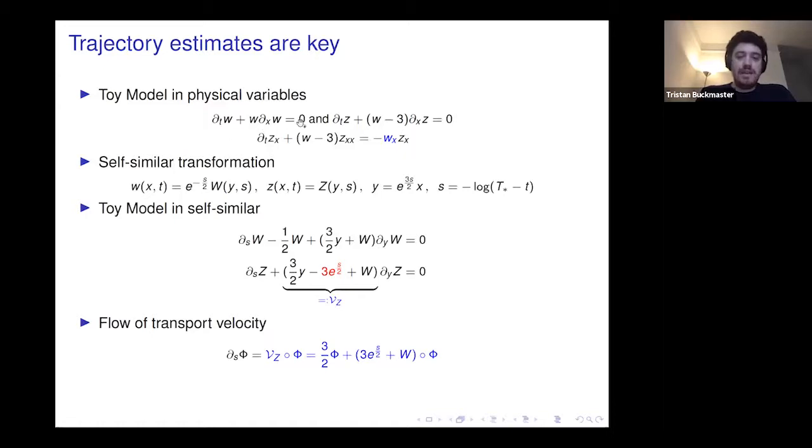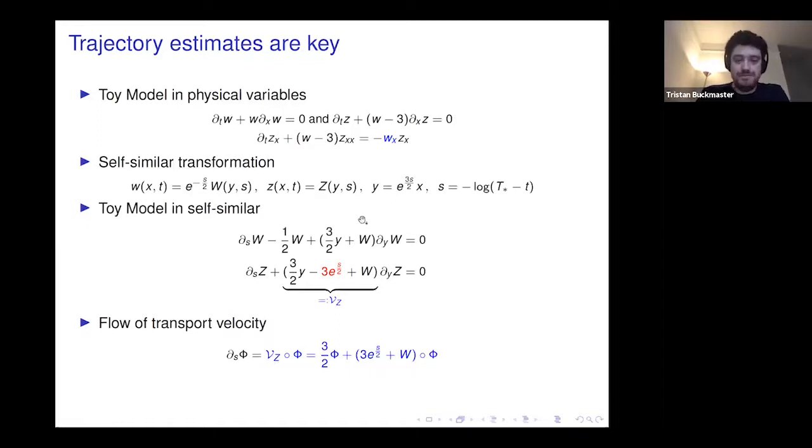Now, what you might think is, okay, does the C1 norm of Z blow up? You might think it does because the C1 norm of the velocity vector does blow up, but it turns out that the derivative of Z does not blow up. And how you see this is you write things in terms of self-similar coordinates. So you assume that W is a generic